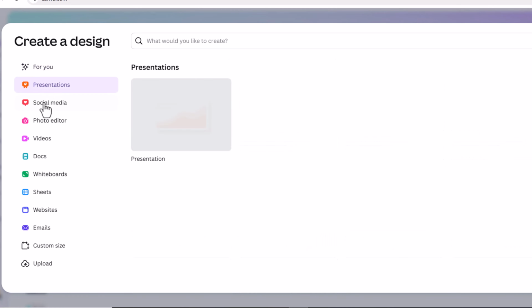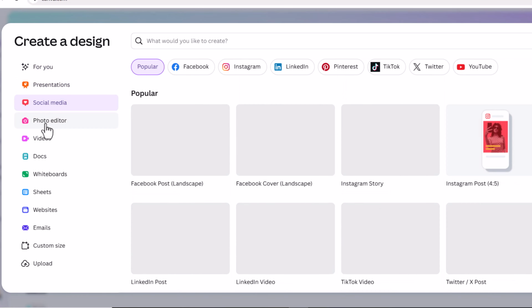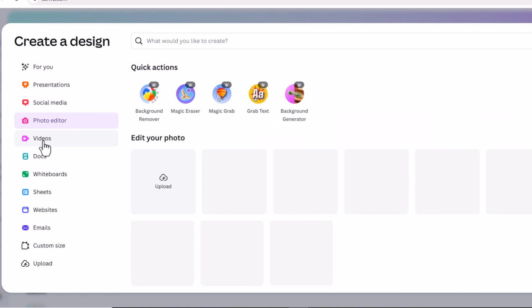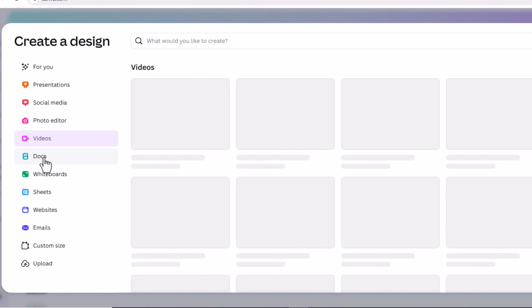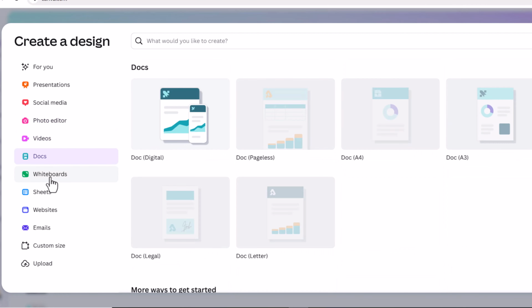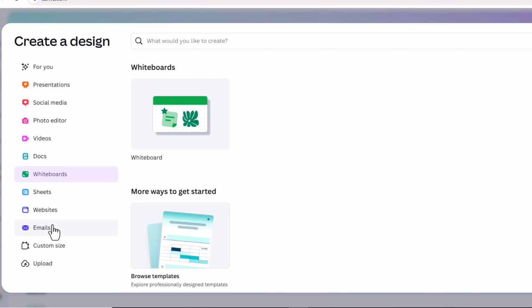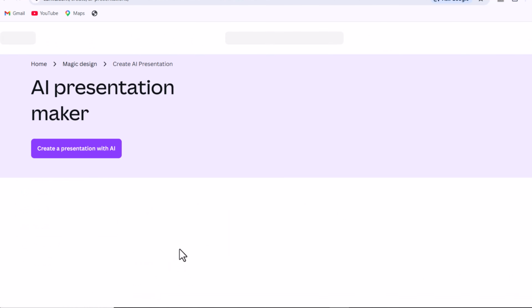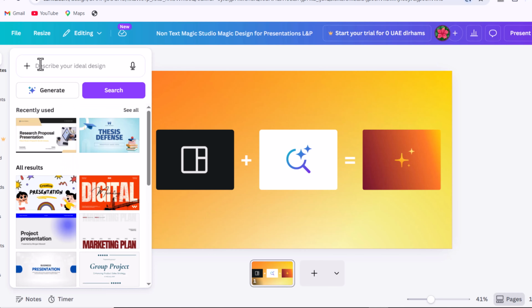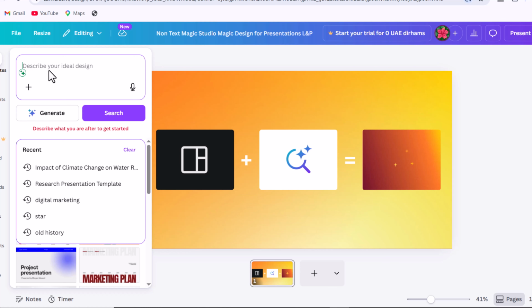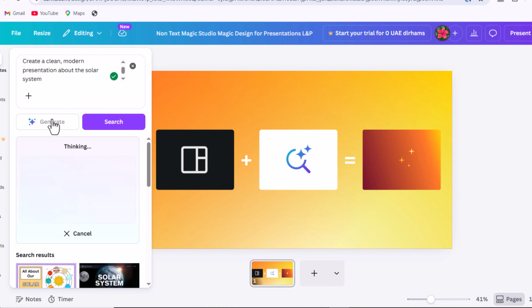And honestly, this one is a total game changer if you work with visuals. So whether you're creating presentations for class, YouTube thumbnails, or professional resumes, Canva basically removes all the stress of designing from scratch. And now with its AI features, it's even more powerful. Here's how simple it is. You just type something like, create a clean, modern presentation about the solar system. And within seconds, Canva AI generates a full design.